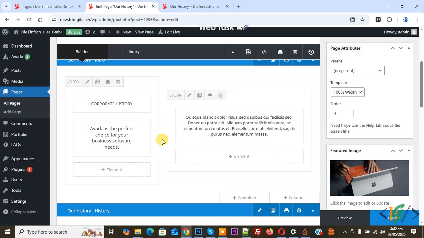Bismillahirrahmanirrahim. Assalamu alaikum. My name is Hassan, and today we are going to add or set column spacing for different